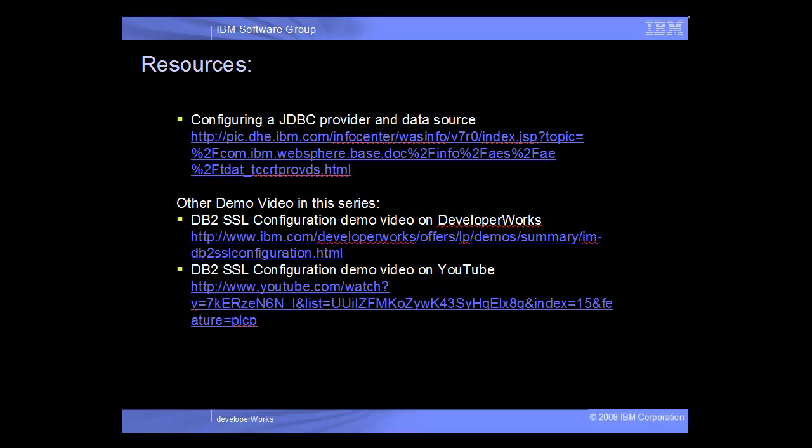This resource slide contains links to the WAS v7 Information Center on configuring JDBC provider and data source. That's the first one there, and the next two are links to the other video in this series,